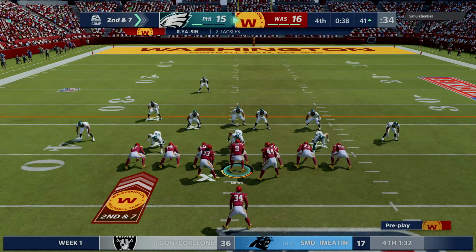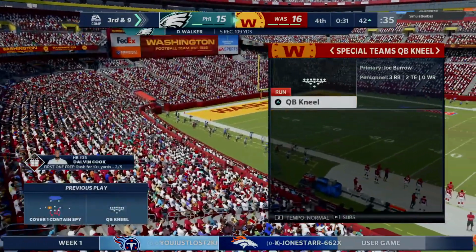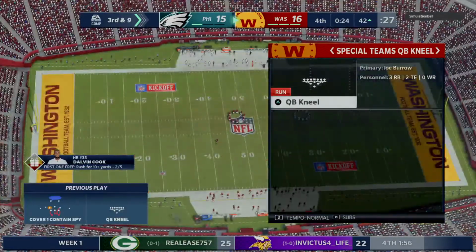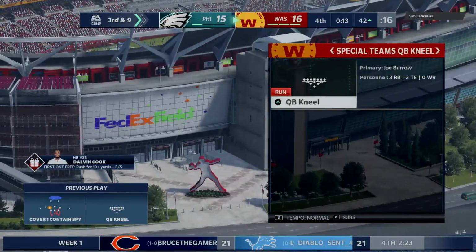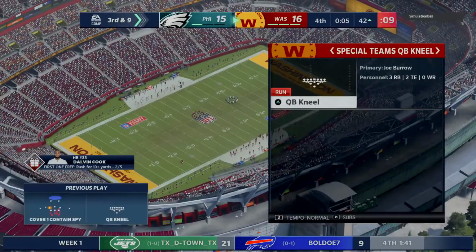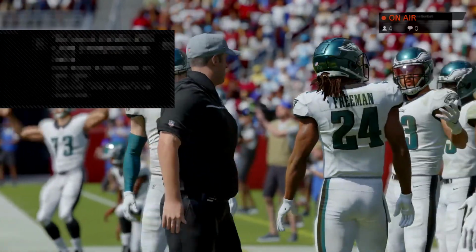Have to imagine this will be on the ground as well as they come up 2nd and 7. And they take a knee. On the keeper. So a victory here. Preseason? Yeah, but preseason, you know, it's